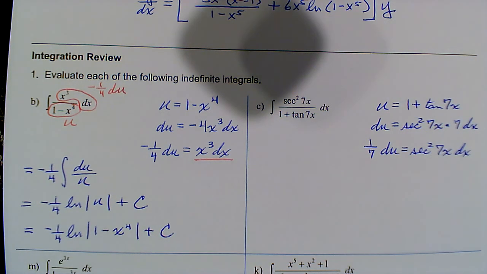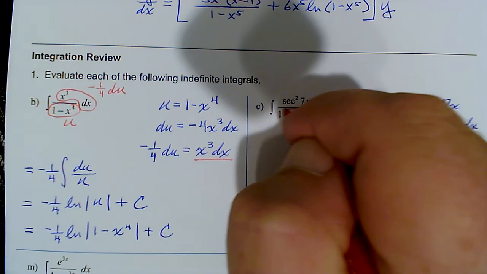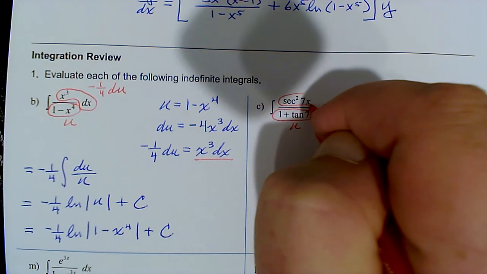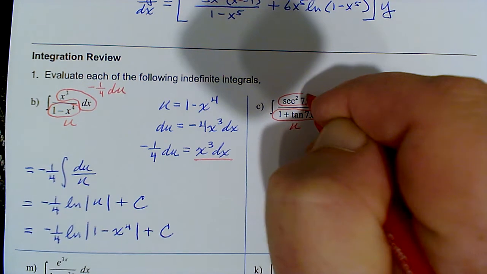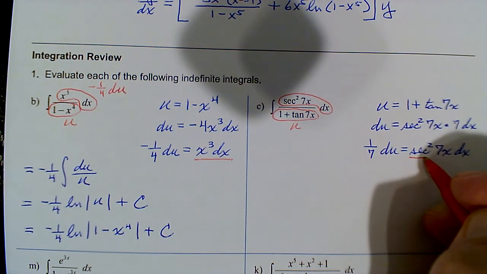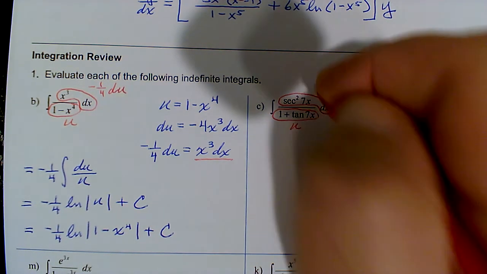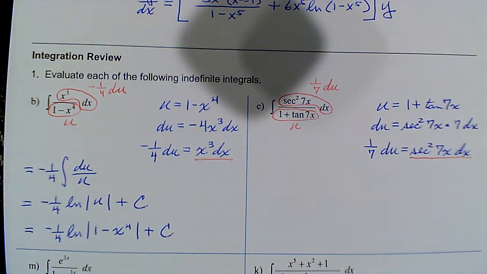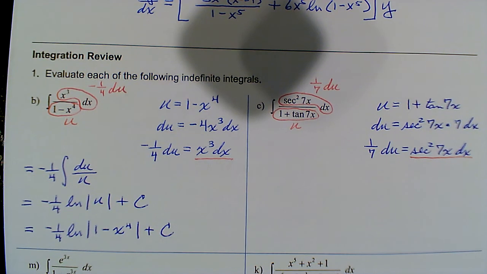When we go back to our integral, we see that we were trying to fit the form of du over u again. We had chosen u to be the denominator. Leftover factors, secant squared 7x, combined with the differential dx, compared to our du, and we see they match, just modified by the 1/7. So replace those by 1/7 du,